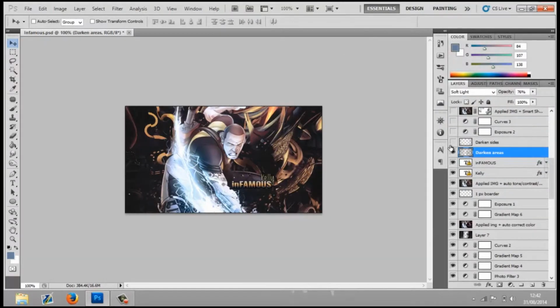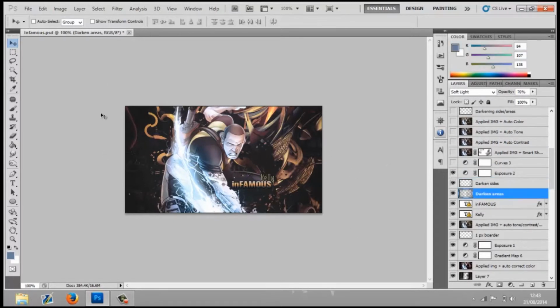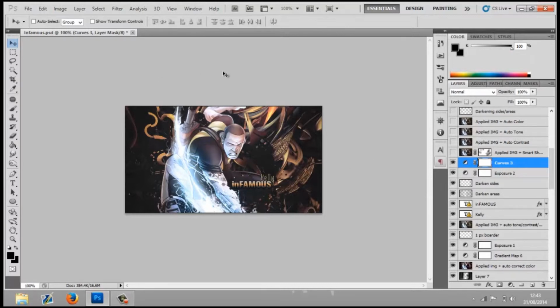Next she added 2 more layers that brush around the edges of the signature and increase the darkness, adding depth and again drawing the eye into the centre of the piece. Then she added another exposure layer to blend out the darkness of the edging brushing so that the whole thing is not too black and dark. Then she added another curves layer to increase the lighting in the piece and continue that darkness